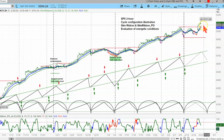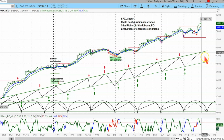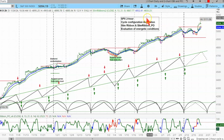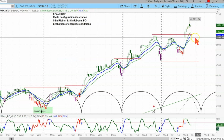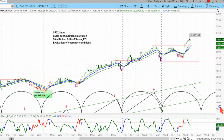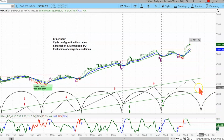It's pretty obvious that when this corrects, and this looks like it's going to correct out into sometime next week. This is the 27th. This is the 28th. We would expect on the 27th or 28th a pullback to be complete in here. So it would come down right over here. Let's get a closer look, and you can see that. So we're going to look for a corrective period right over here and pull back sometime into next week,